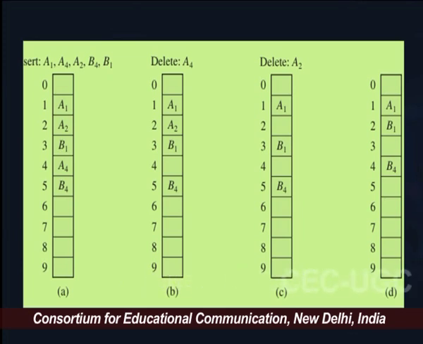If there is linear probing and we are deleting the first element, it should not hinder the probes down. Here in this example, if we are looking for B4, the deletion of A4 which happened in the second figure is going to hinder the search of B4 because of this linear probing technique.